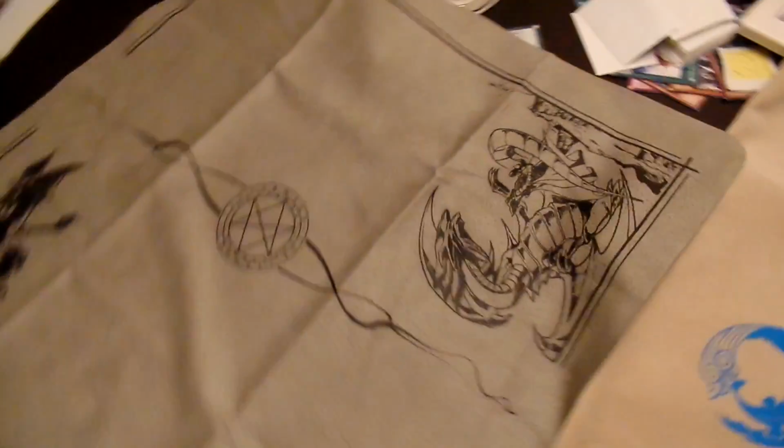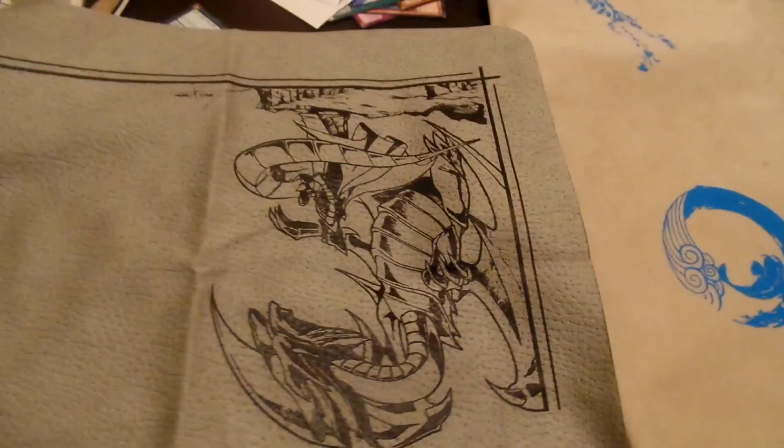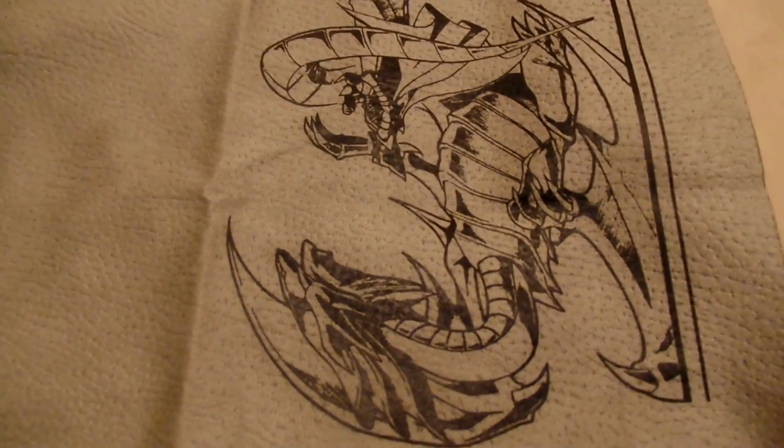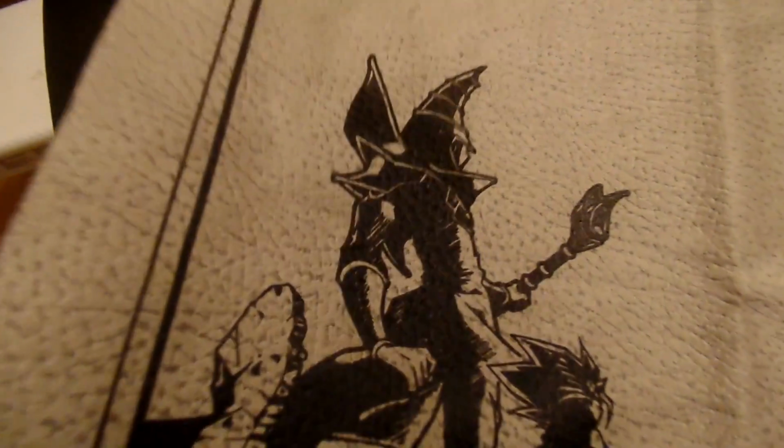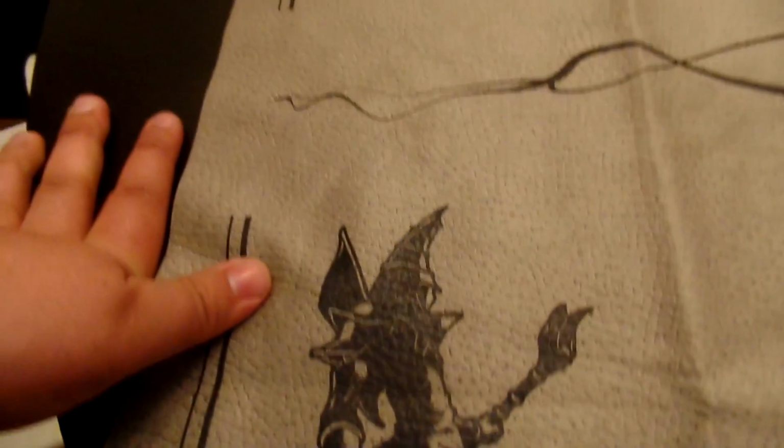I can't even imagine. This is the future. It has to be. If this can hold up, if this doesn't bubble off of what its back is, if this ink, I hate to say it, I almost don't care about the ink right now. This is insane, just having the mat with the back. But I really hope this ink, because it's so thick, and I have to wonder how it'll hold up over time with how it's put on. But I almost don't care. I would love a design, of course, especially this amazing design, this amazing piece of art. But the mat itself, the concept of this mat itself,